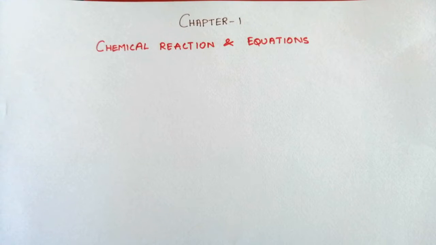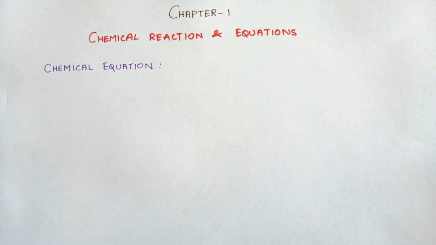As described in the earlier session, what a chemical reaction is, how a chemical reaction occurs, and what is involved in a chemical reaction. In this video, I am going to explain how a chemical reaction is represented. A chemical reaction is represented by using a chemical equation. In the previous session I told you that magnesium reacts with oxygen to form magnesium oxide. This is known as the sentence form of a chemical equation. That is, we are explaining the chemical reaction in the form of a sentence.